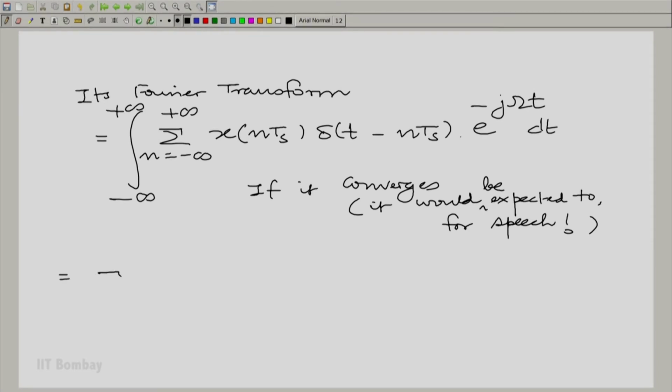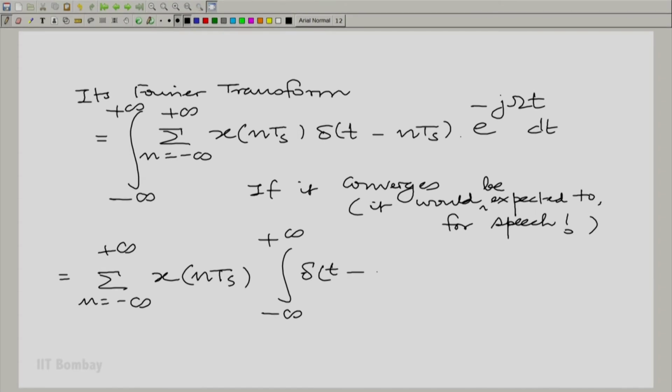We can interchange the orders. We can write this as summation n going from minus to plus infinity. We can take the dependence on n outside and put the impulse inside. And now this is very easy. We can simply lift the value at the point where the impulse occurs. So, that leaves us with,